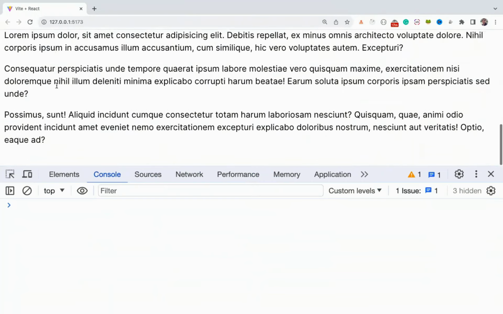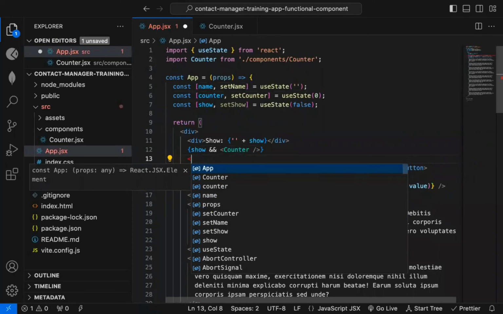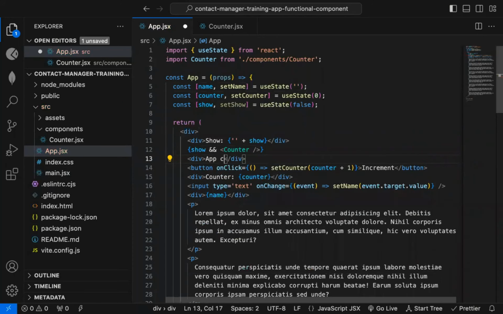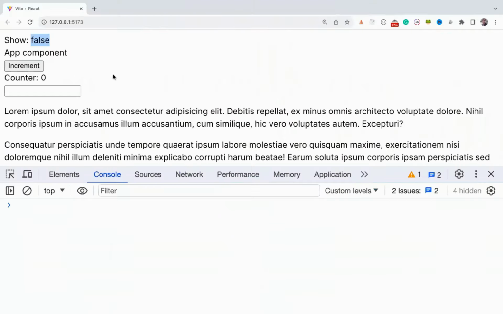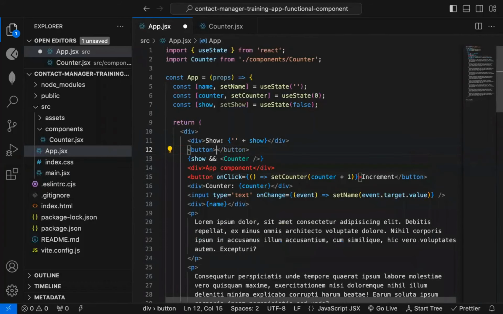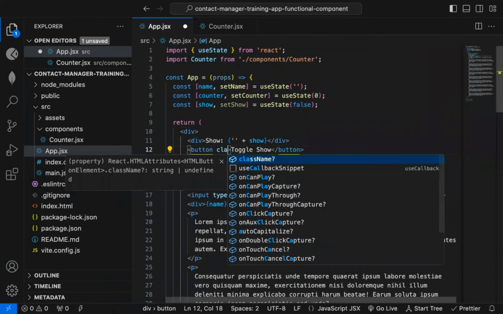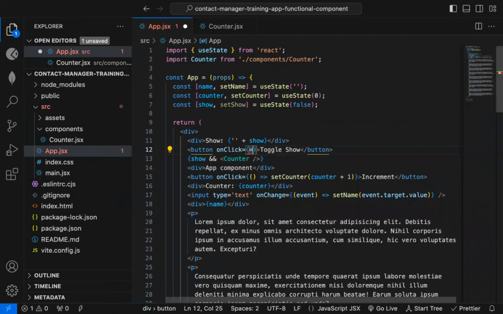So this is app component. So here I can print here div app component. So you can see this is app component. This all is rendering from app component. But when I toggle that show, so let me add button, toggle show, on click,